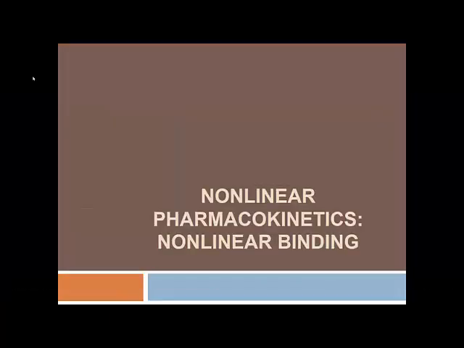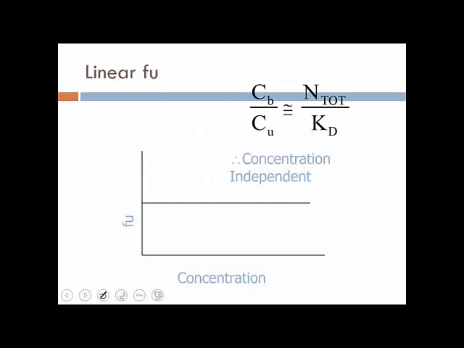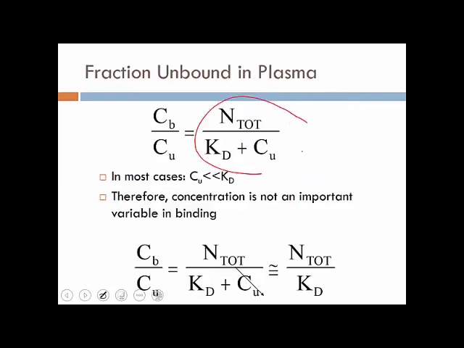Okay, this is part 3, nonlinear binding. Another source of nonlinearity can be from binding. As you can see here, the binding is in the Michaelis-Menten form, and we have this relationship again between Kd, which is our affinity constant,